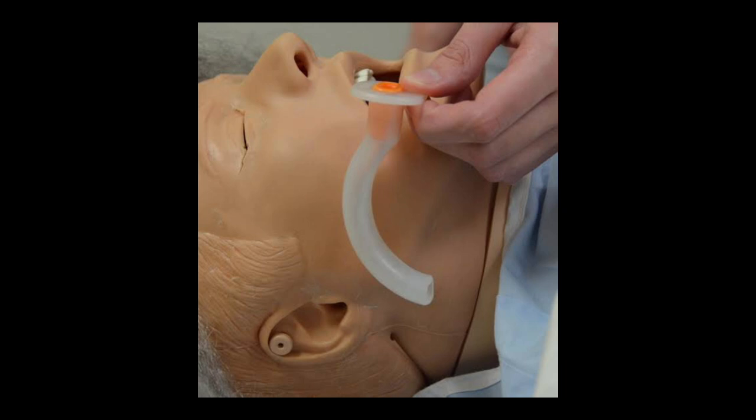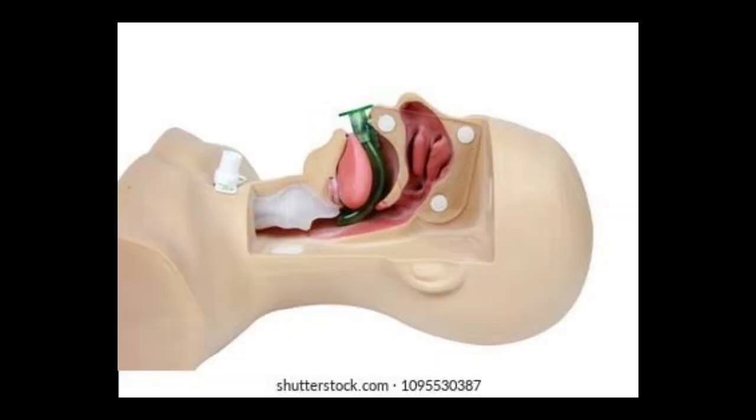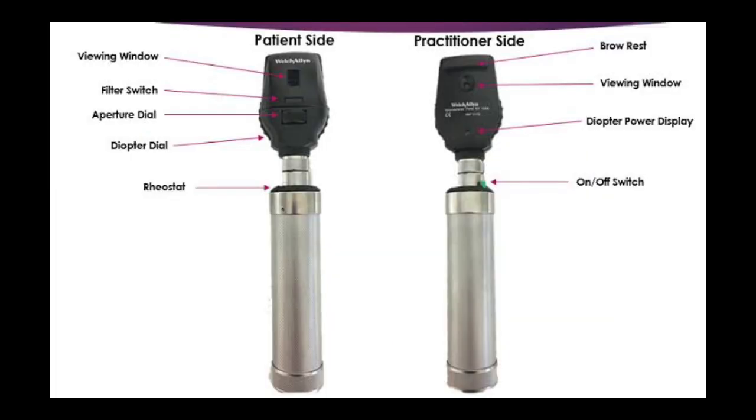How will we use this airway in the patient? We will insert this airway straight in the mouth in such a way that the concavity of the airway faces towards the palate, and once it is half inside, we rotate it in the other direction so that now the convexity faces towards the palate. This is the picture where the airway is present in the patient's mouth, and you can see the convexity is facing towards the palate. So the airway is basically used to keep the airway open. It prevents the tongue from falling backward and keeps the airway patent.